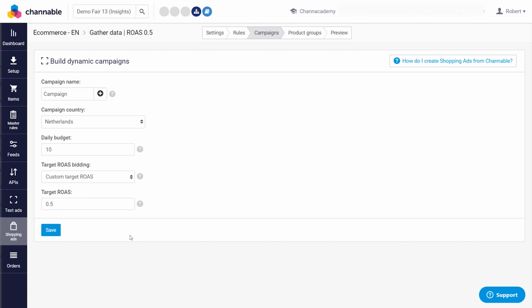This way, I've set up two campaigns that automatically take all of the products with a certain score that I take from these Insights fields and includes them in these campaigns, automating my product segmentation into these campaigns. For now, we're supporting Channable Insights with both standard and Smart Shopping campaigns. We're looking to expand this coverage into text ads in the near future.